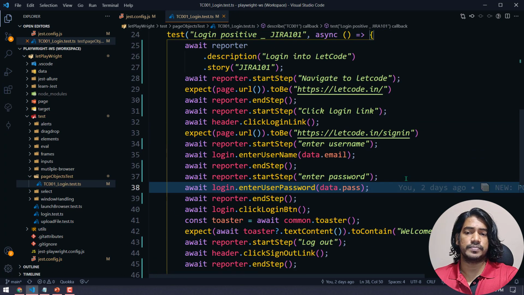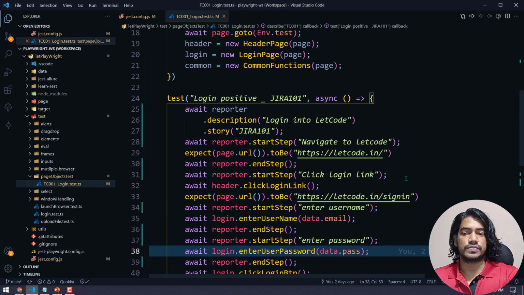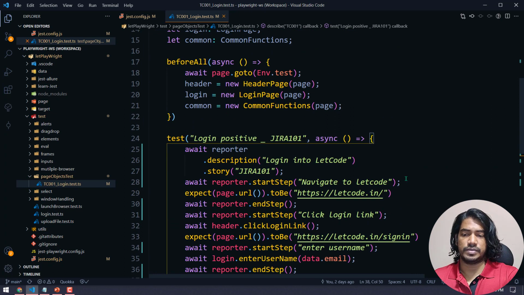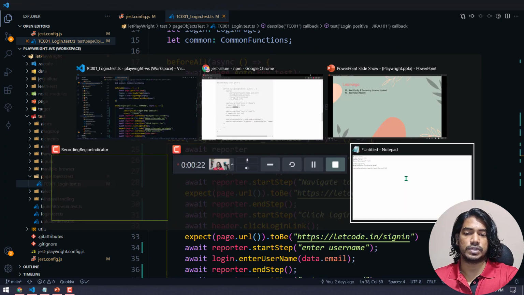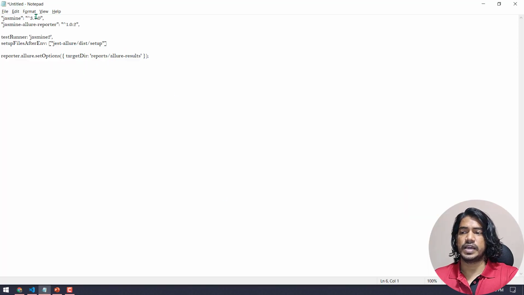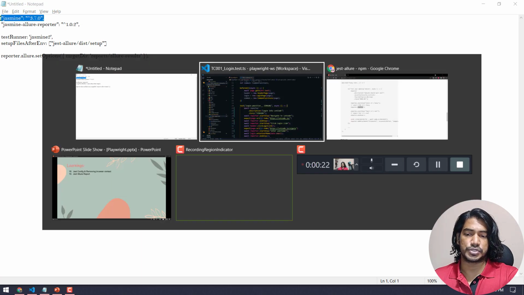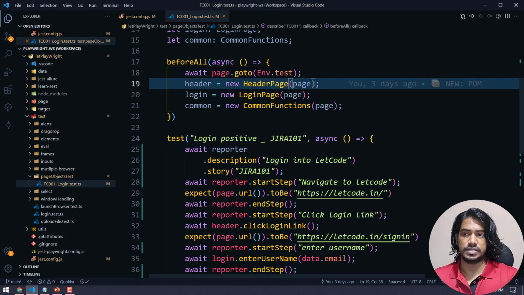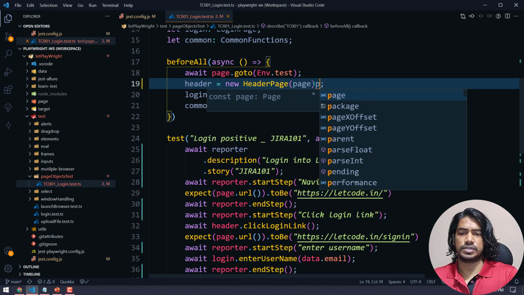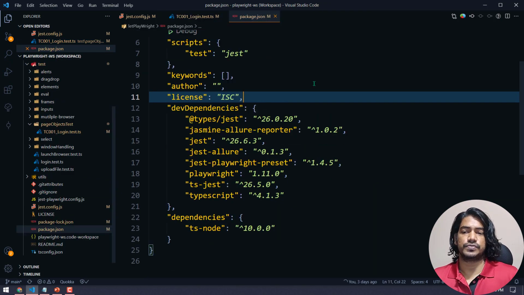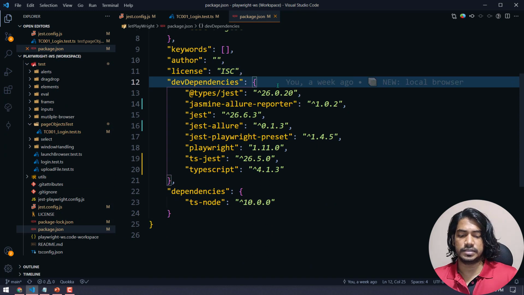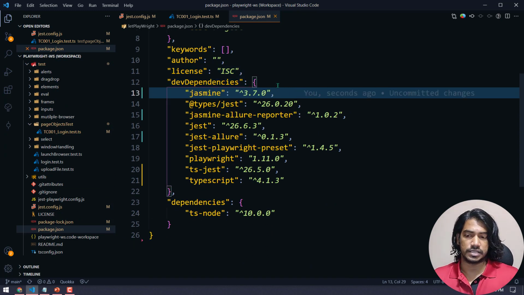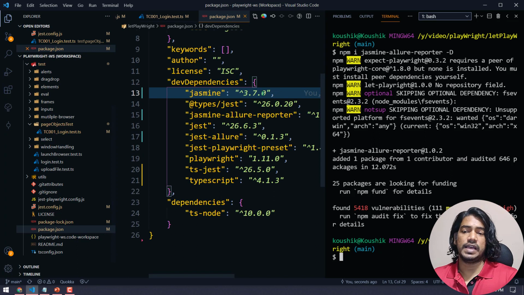So we are done. We have one test with the reporter configuration. Are we missing something? I don't think so. Let me check once. We have added the dependency of Jasmine. Jasmine is not needed, but just in case you get any error, you can probably install it. Let me show you that as well, just for the safer side, because these are one-time configurations. If you do this properly, then you really don't have to worry about anything.